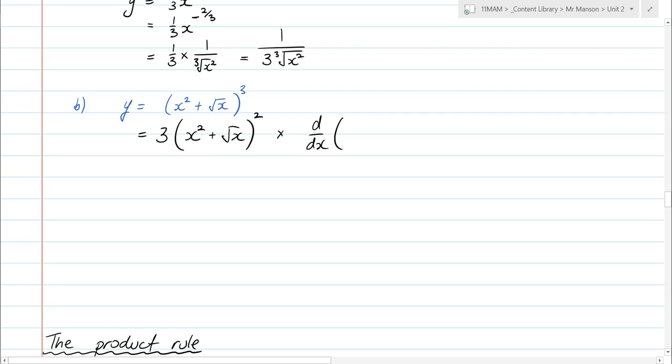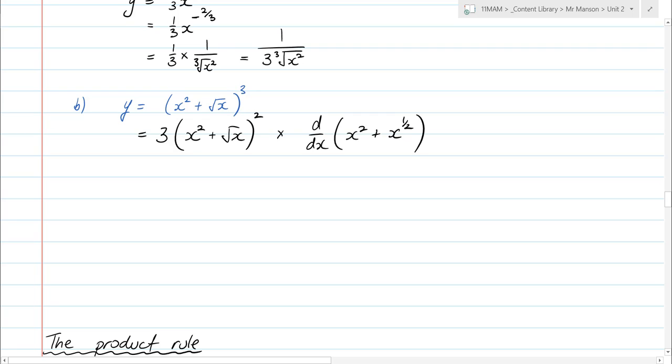differentiation as a verb, which I know sounds weird, but this is the doing thing. If I want to derive something, I say d dx that thing. Whereas dy dx is the noun, it's the name for the derivative. D dx is the do the derivative. So d dx of x squared plus x to the power of a half, I may as well make that